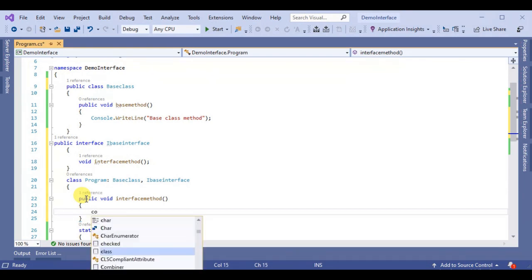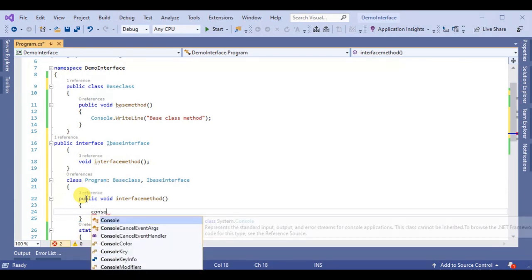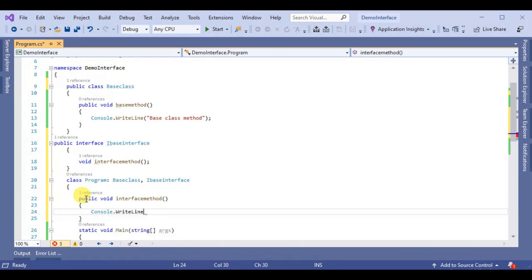Here we print a message, Console.WriteLine, "This is interface". So save.